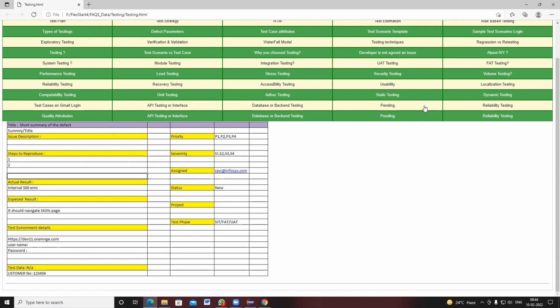Critical means I got an error at the URL, so every single step's execution is failed. That's the reason I'll be using P1 critical. You can use P2 if you are getting an error while logging off from the application, because after logging off you do not have any other steps to be done, right? So while logging off to